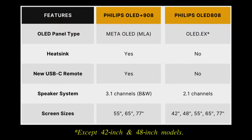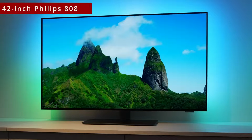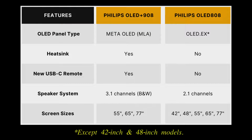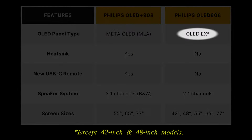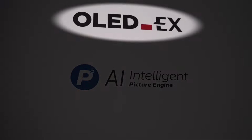5 screen sizes will be available, namely 48, 55, 65, and 77 inches, as well as a new 42-inch version, which is going to be Philips' first 42-inch OLED TV. The 55, 65, and 77-inch 808 will be using OLED.EX panels supplied by LG Display, and TP Vision Philips remain the only TV manufacturer willing to publicly advertise the use of this brighter OLED panel instead of skirting around the issue. In case you don't already know, OLED.EX panels can go 30% brighter than